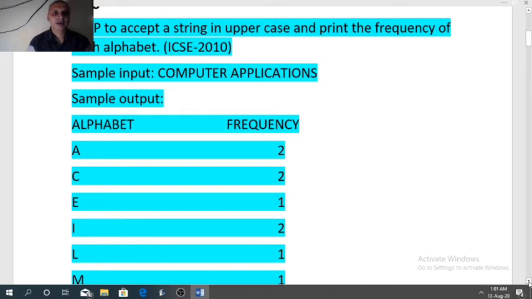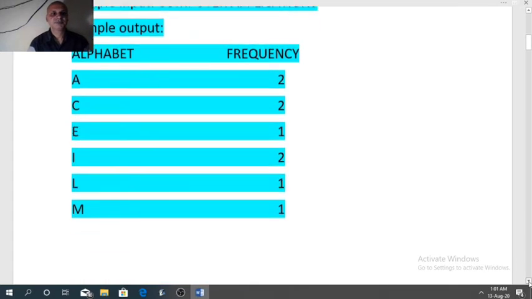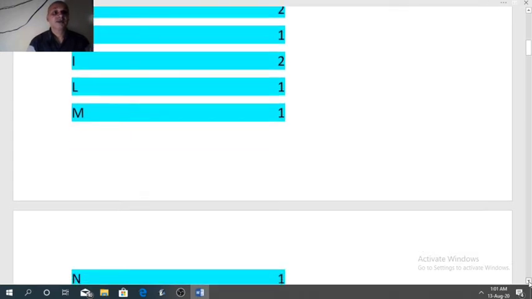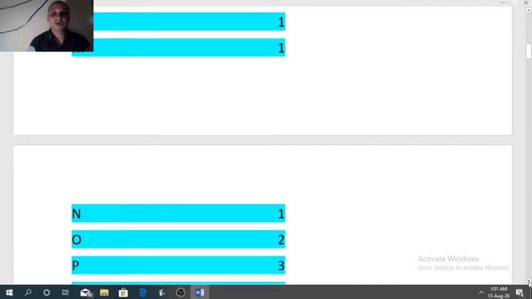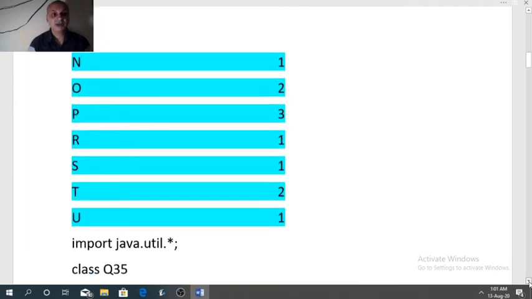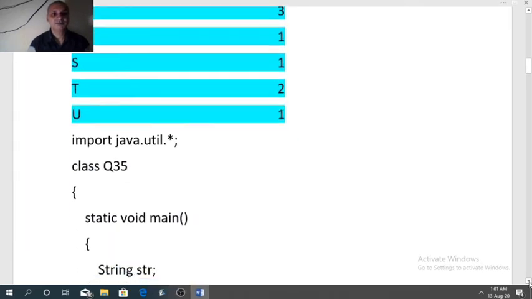For example, A has appeared 2 times. B is not present here in computer applications, so B will not be printed. C has come 2 times. D is not present. E has come 1 time, like this. And the frequency of characters we have to display in the same format, means alphabetic order.